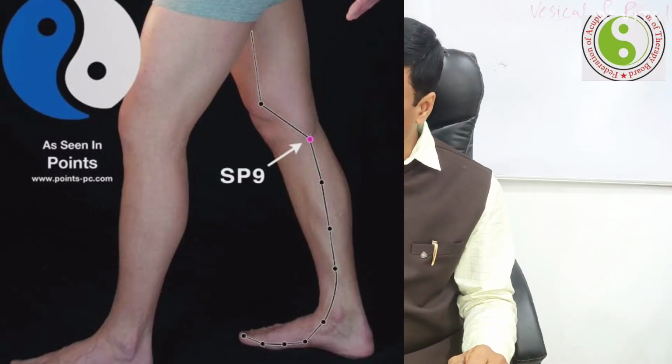So use the spleen 9 point or you can use the K3 point. Both points have the same function. Now let me see what particular time is advisable to use this point. What are the organ clock timings for K3? 6 p.m. At 6 p.m. the kidney already has good energy. The person has very good energy.